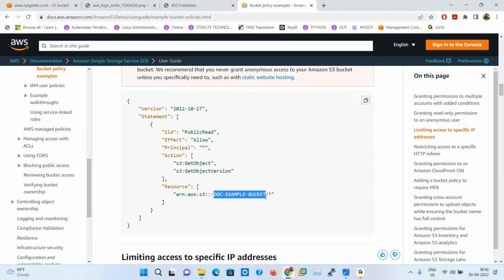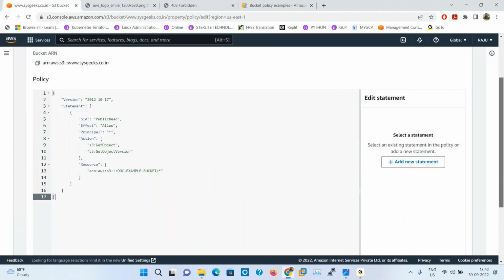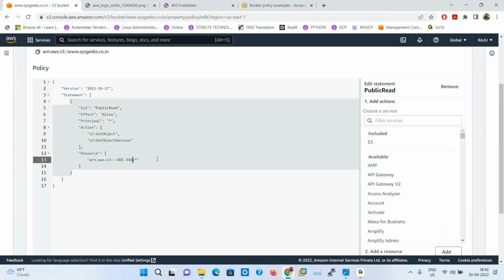Under the bucket, star means everything. Just copy this code, paste it here, and change the bucket name only. What is your bucket name? www.sysgigs.co.in is my bucket. So inside this bucket, everything will be accessible with read only.